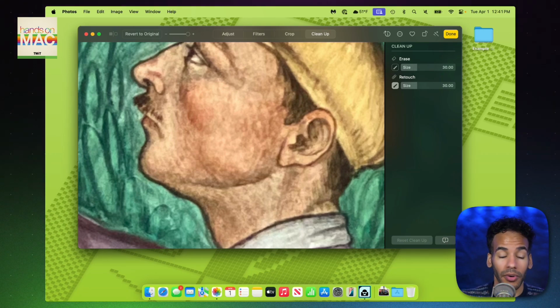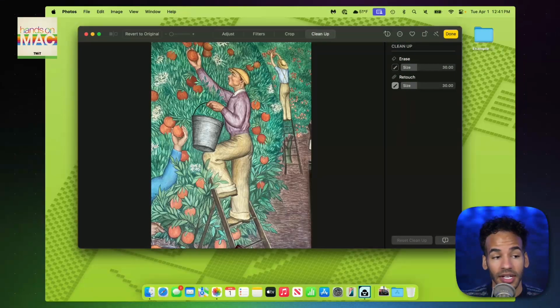So telling the program, pull from this and make something look kind of like this is what the Retouch tool does, versus Erase, where you're completely getting rid of a portion of an image and can blur or repeat patterns to try to create a filled space where an item once was. So the addition of the Retouch tool, a very exciting thing that has come to the Cleanup section of the